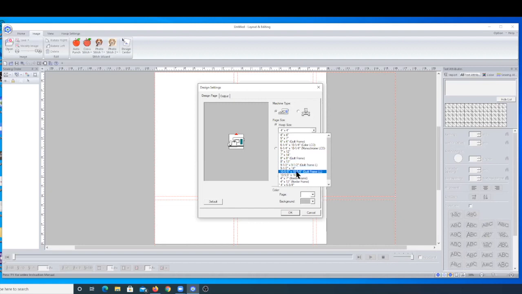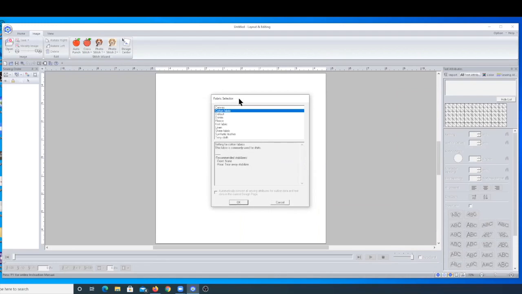So of course, if you select the 10.5 by 10.5 or the 10.5 by 16, and you have an Altair, Destiny, or Meridian, that will not transfer properly to those machines because those machines do not take those two hoops. So for demonstration purposes, I usually select the 9.5 by 9.5. And now when I click on this,